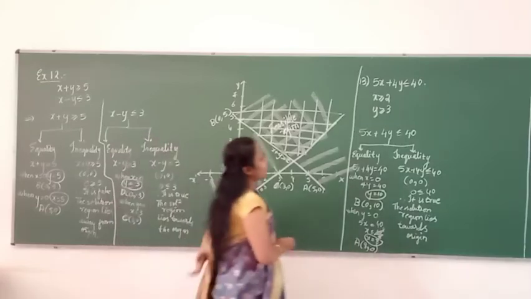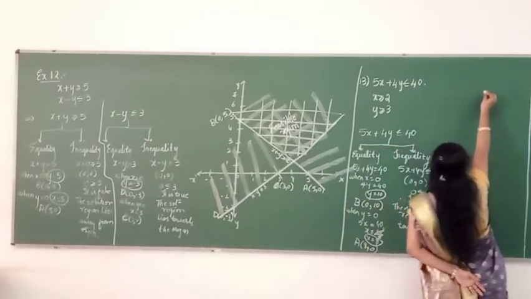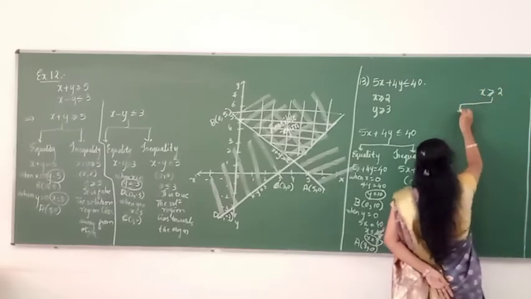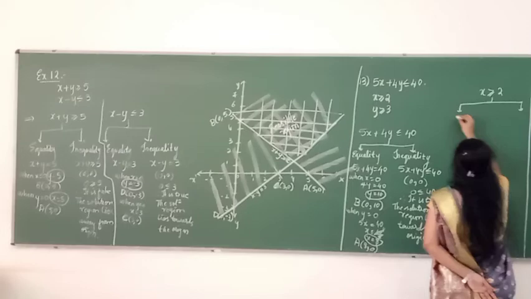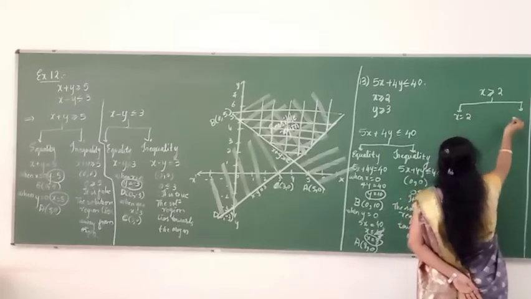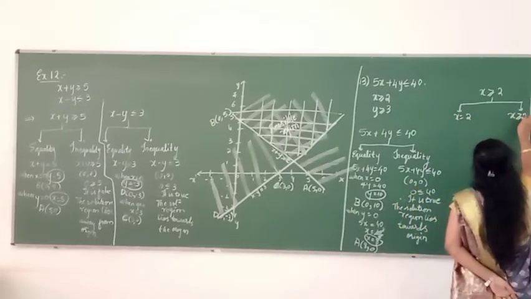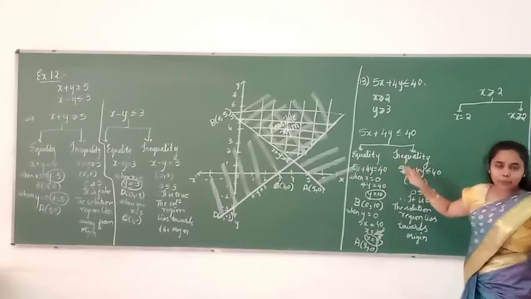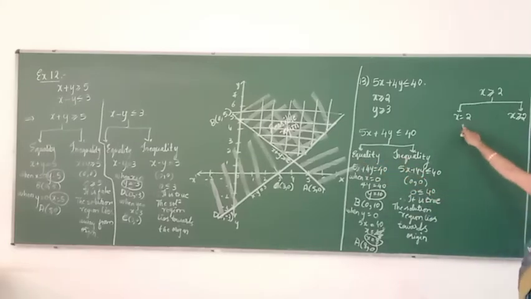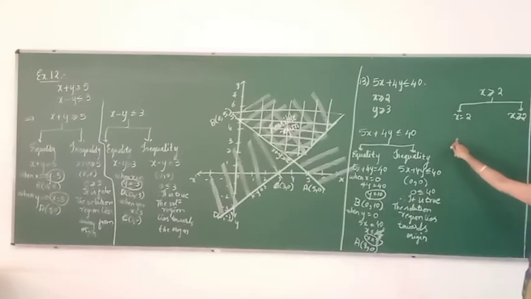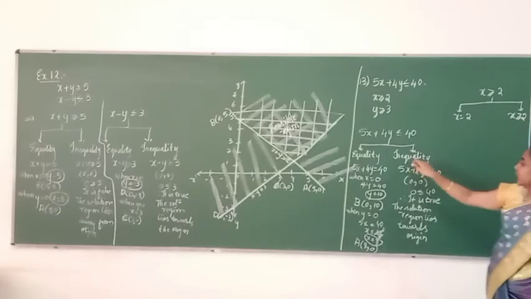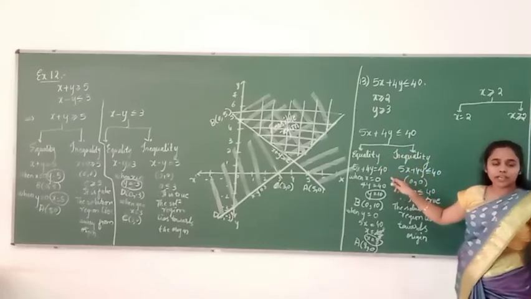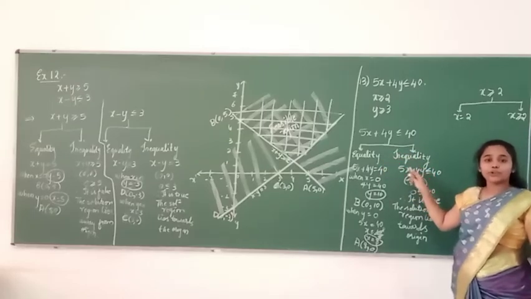Okay. Next one, the second inequality we have. I think it is very easy to solve. x is greater than or equal to 2. x is equal to 2 and x is greater than or equal to 2. So previously I just went on writing equality and inequality. Here I am just directly writing it as it is already understood. I think you have clearly seen till now the solved example 12th one. Each and every step I have written. See that the same way you are going to solve it.